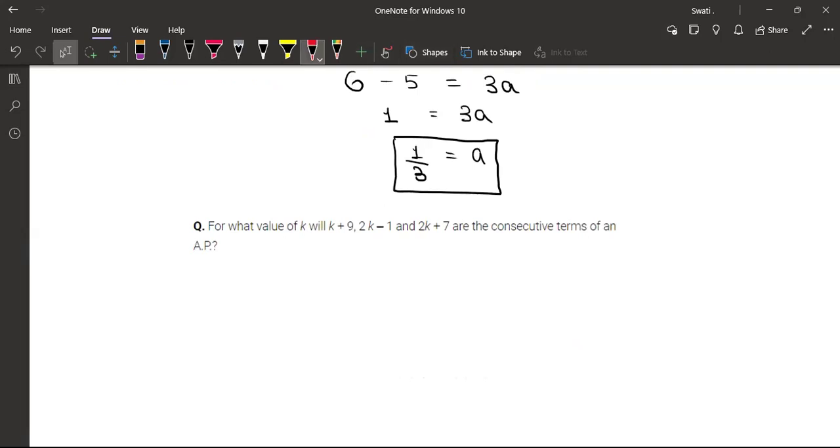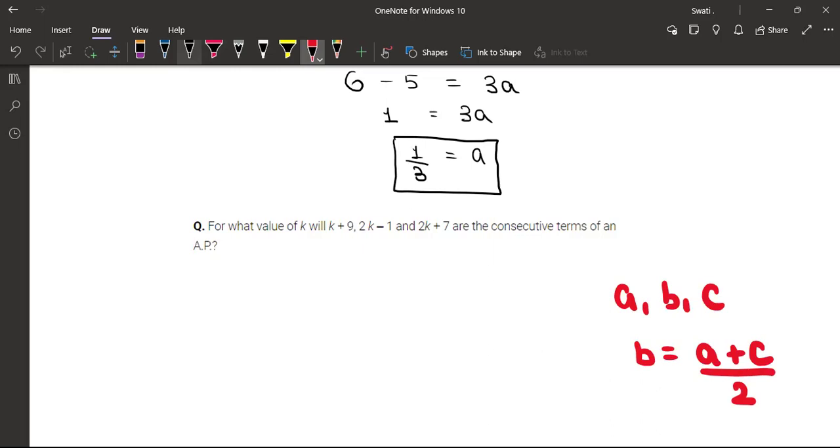What is the meaning of consecutive? In Hindi, I would say consecutive का मतलब होता है लगातार. Okay. So यहाँ पे I will just tell you one thing कि अगर हमारे पास 3 terms है और वो तीनों AP में हैं तो इसको हम also एक way में लिख सकते हैं and that will be simply जो second term है, that will be equal to the sum of the first and the third term divided by 2. ठीक है, ये ऐसा हम लिख सकते हैं अगर तीनों टर्म सीक्वेंस में है तो,